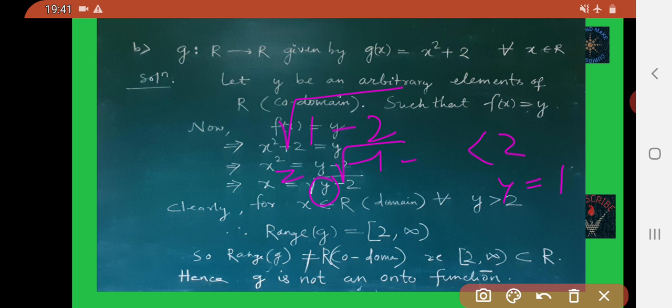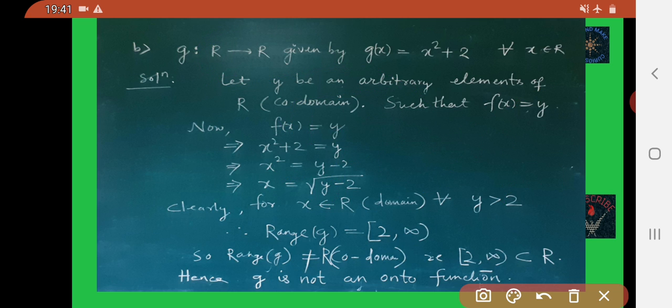This is iota, so this is an imaginary number. An imaginary number is not an element of the real numbers.